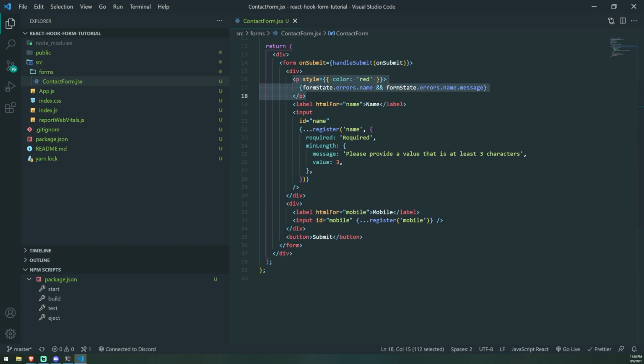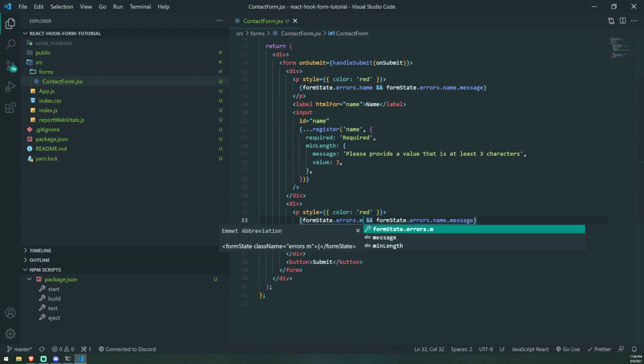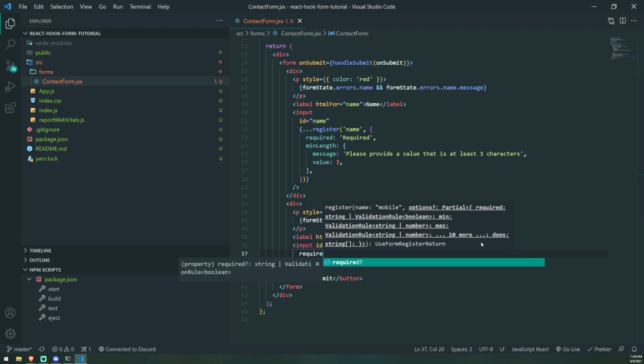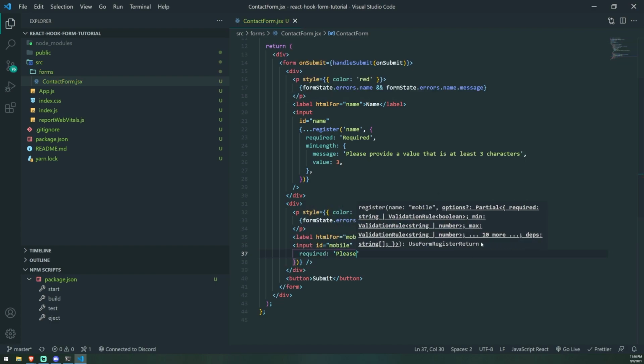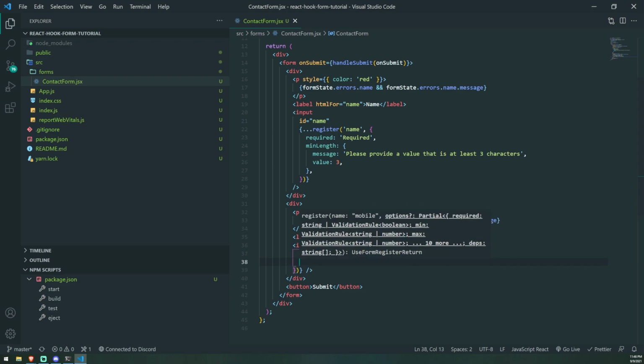So let me go and copy this error message over here, and this time instead of errors.name, we're gonna do errors.mobile because that's the name of this field. Okay, and we're gonna add validation now. So we're gonna go ahead and say required, please enter your mobile number. And let's go ahead and